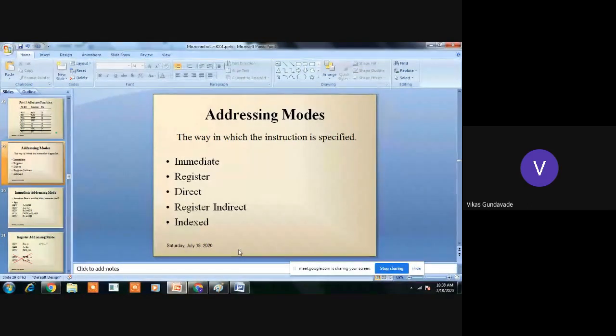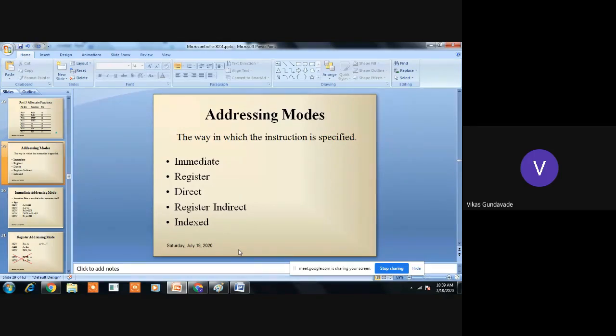So it is called indirect addressing. And the next one is indexed addressing. This indexed addressing has some special instructions which are used to access the external memory, either program memory or data memory, and some special functions where no register or memory is specified, but how the data transfer needs to take place is specified in the instruction itself.